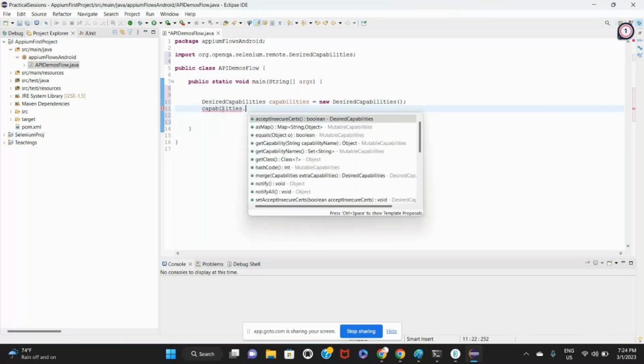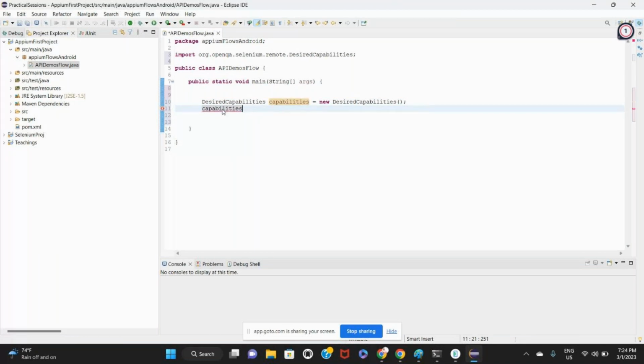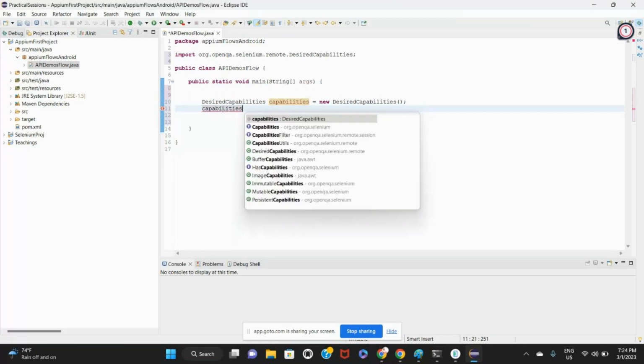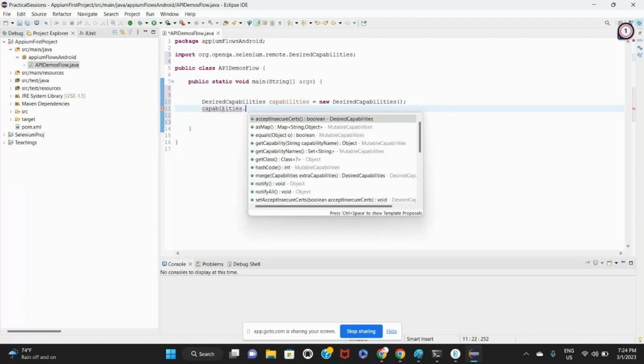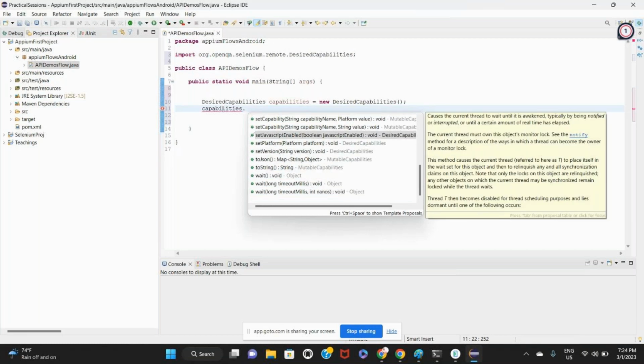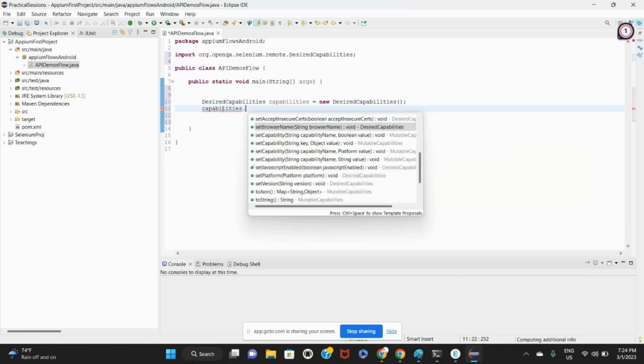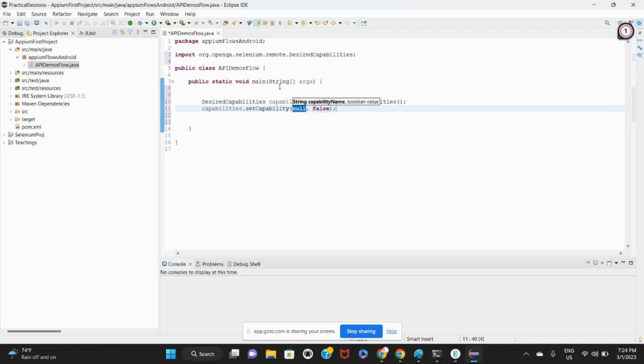Capabilities dot, there is a method called setCapability. So setCapability will take two parameters: one is the capability name and the other is the capability value. And further, to get more details of these capabilities, we have something called